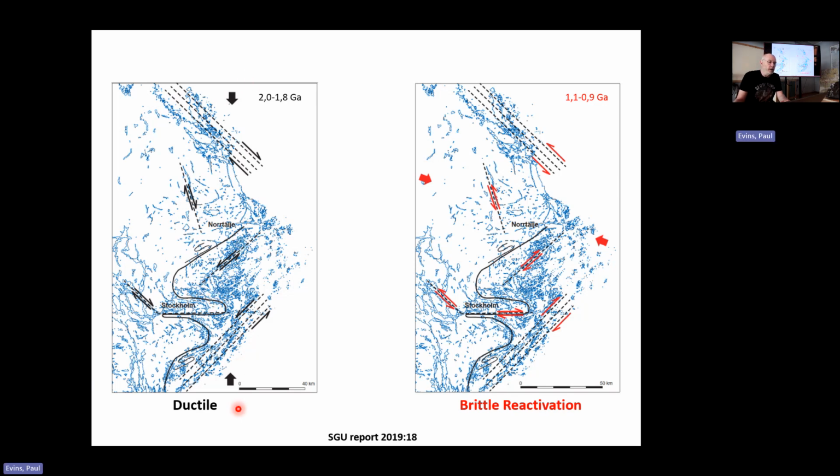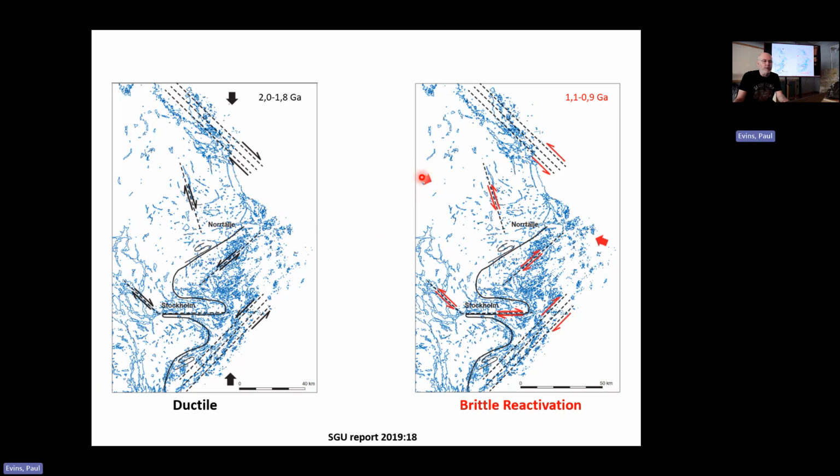So these were active a lot during this north-south compression. But then remember when I pointed out that we have at some point the Trans-Scandinavian igneous belt. So we start getting east-west subduction. And then later on, we get the Sveconorwegian when North America comes slamming in from the west. And then we even later get the Caledonides slamming in from the west. So after Svecofennian, the most typical compression events in Scandinavia are almost east-westerly,